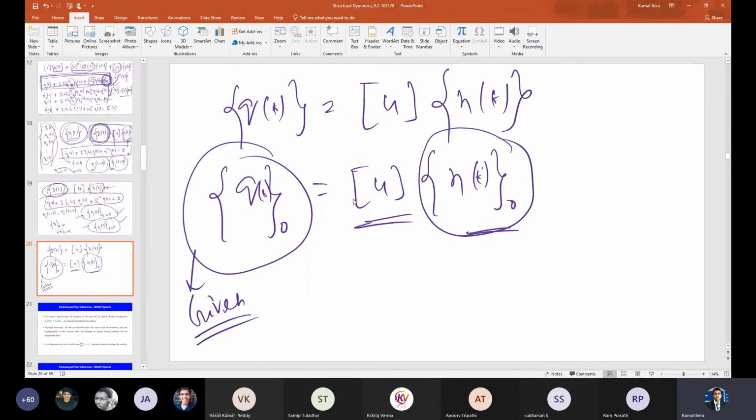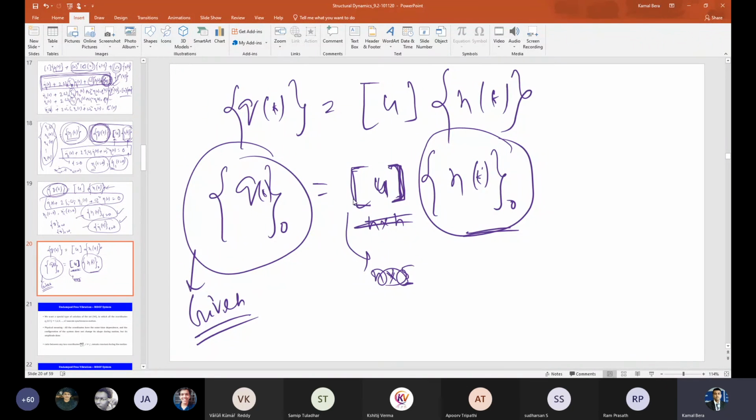But it is not always possible, because the inverse of this U may be difficult to obtain, or maybe ill conditioned. Okay, this U matrix. And also here it is 9 by 9. Let's say we do not want to consider all the n number of modes. As I already mentioned, if it is 1000 degrees of freedom, only 5 to 10 modes is good enough for our engineering purpose. So in that case, this dimension will be n cross 5, the number of modes you are considering. Then how will you invert it? Very good. Okay, think about it.